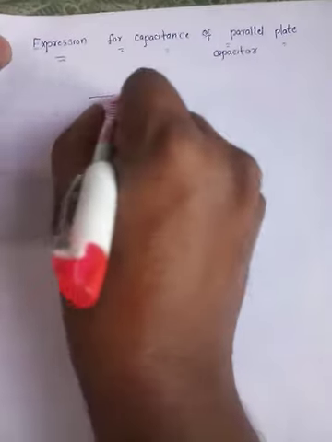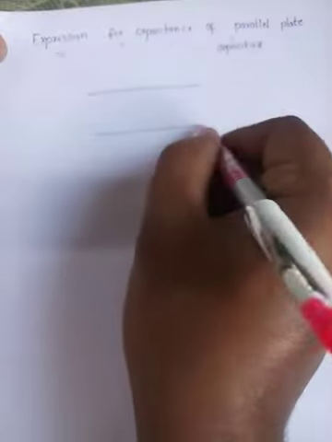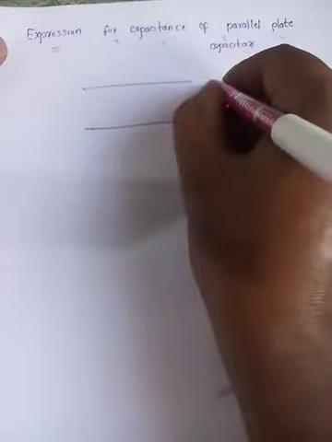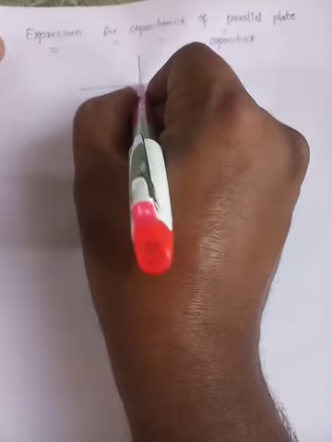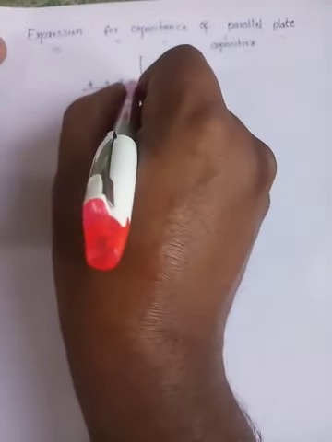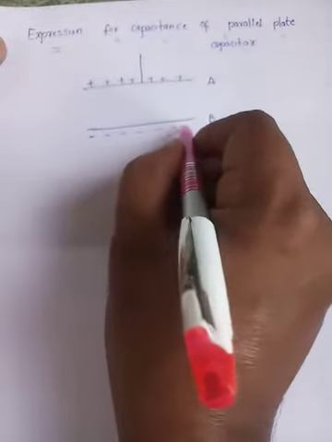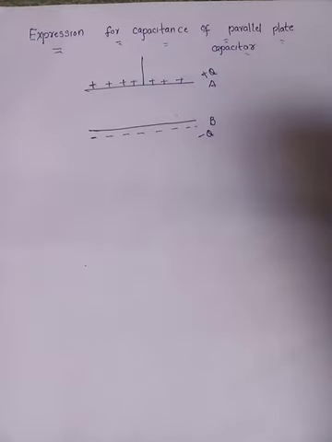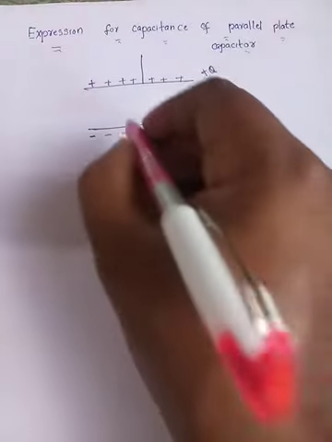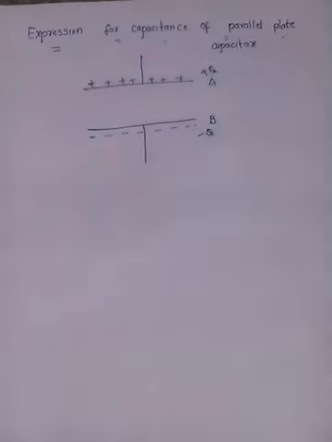Let us take those two conductors. Okay, so let us give the names of these conductors as A and B. Let us charge the conductor by using a battery. The charge on plate A is positive and it induces the opposite charge on the other plate. So what is the charge on A? Plus Q. It induces the same magnitude of charge on B. So the charge on A is plus Q and the charge on B is minus Q. The net charge is what? Zero. We should not say the net charge is Q.